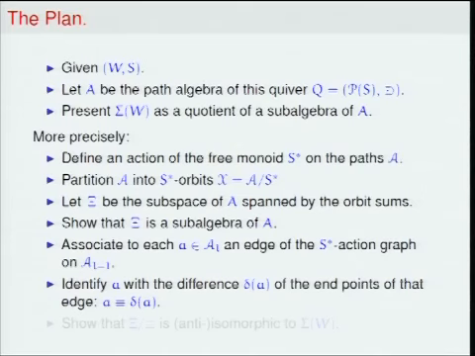These are relations which are defined on the big algebra A, and if you restrict this to the algebra Xi, the subspace spanned by the orbit sums, it turns out that the resulting algebra is isomorphic to the descent algebra, and this isomorphism can be made very explicit, so that on the basis of that one can then go and construct a quiver and find relations that turn the quiver algebra into the descent algebra.